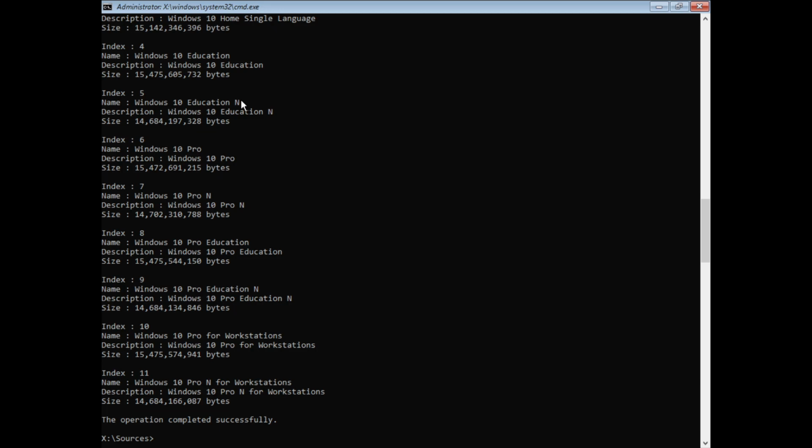15,139,674,619 bytes. Index 2, Name: Windows 10 Home N, Description: Windows 10 Home N, size 14,368,233,902 bytes. Index 3, Name: Windows 10 Home Single Language, Description: Windows 10 Home Single Language. This time we actually have to use DISM to get these, and we will have to specify what version, what edition we want. Size